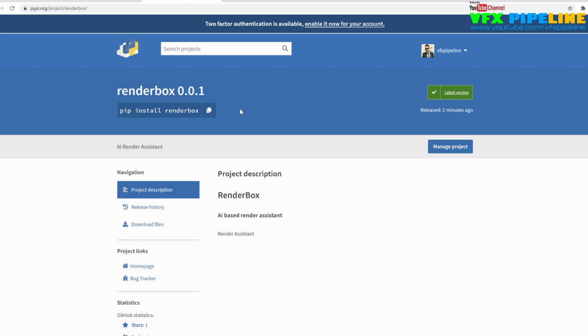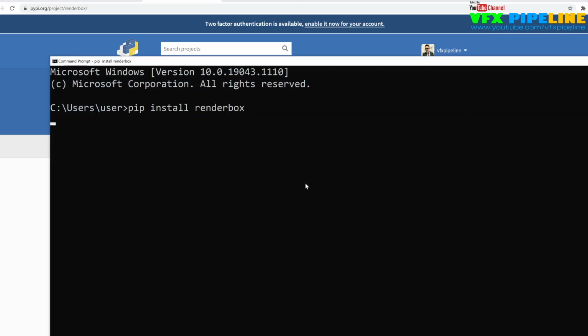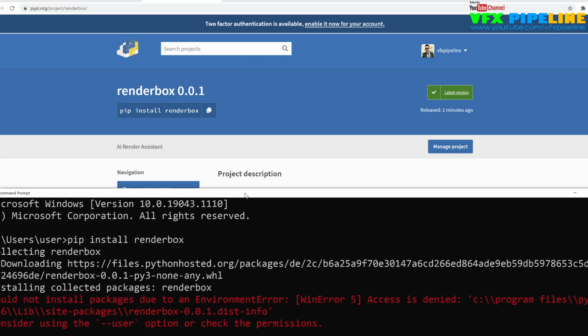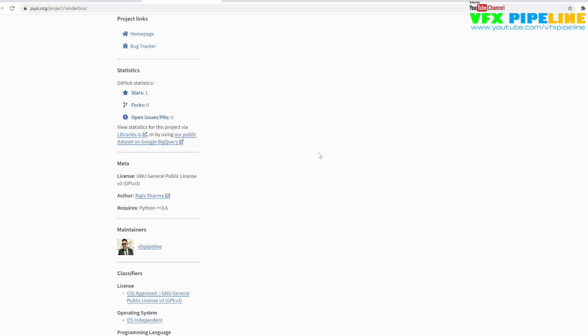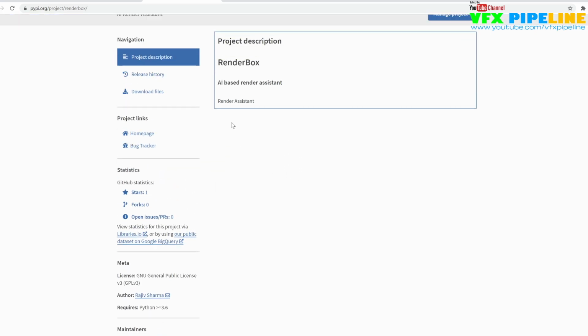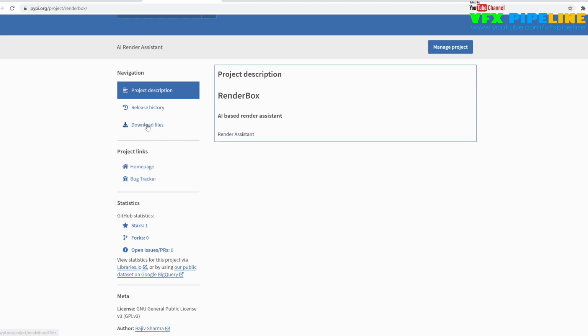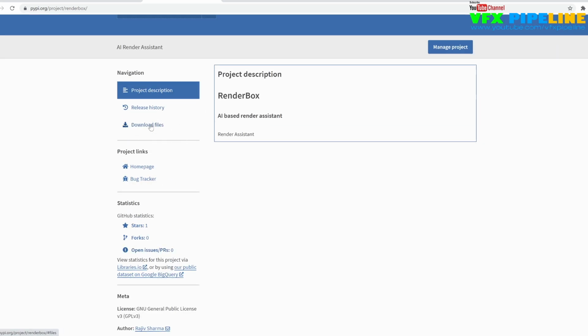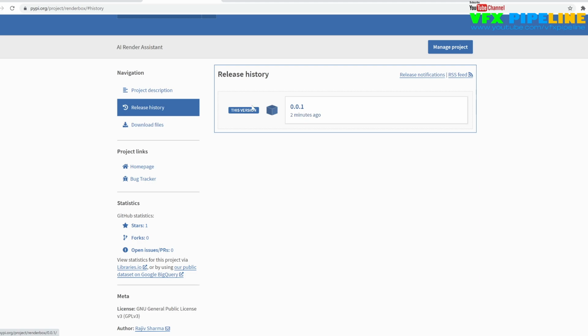So what that means is from now onward, you can just copy pip install renderbox, paste it in your terminal and hit enter, and you will be able to download the packages which I'm going to release for you guys. Also we have a GitHub link here, so you can link all your help, bug tracker and all this information here, and it will also show whatever version you are updating. You can see that release history will be maintained here. So next time when you publish, version 0.0.2 will be there.